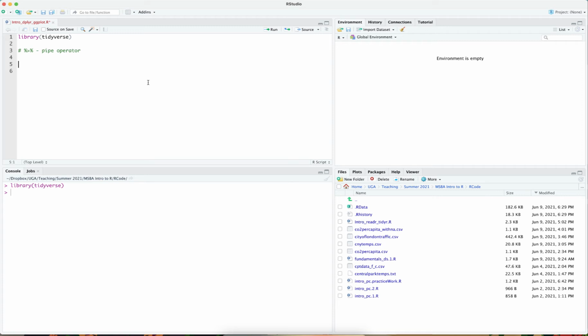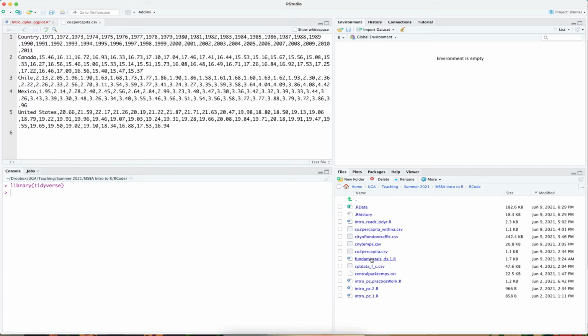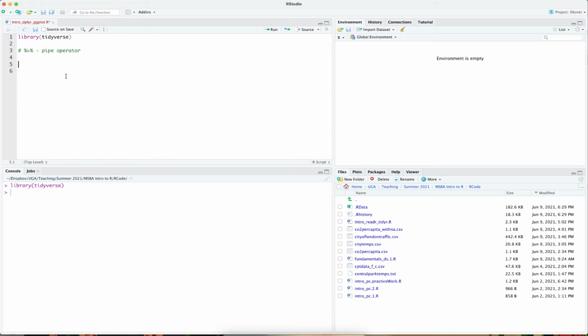To get a sense of that function, let us look at how we might read data and, for instance, perform a gather operation using the tidyr package without the pipe operator. If I wanted to read data in, let's use the data CO2 per capita. If one takes a look at the data file CO2 per capita.csv, I see that it is present in wide form and not necessarily in long form. So let's call this CO2 PC